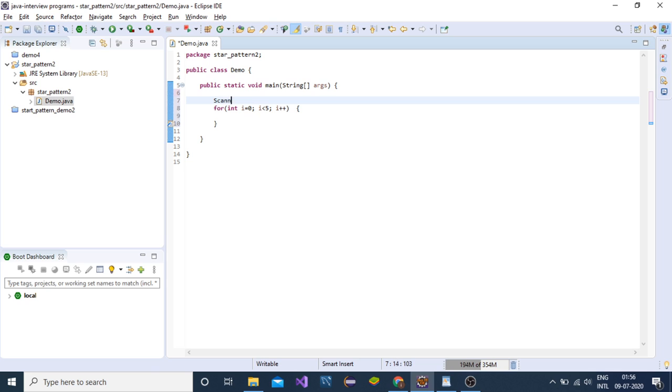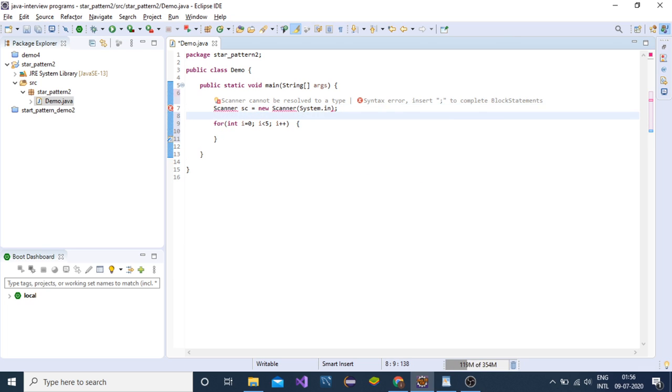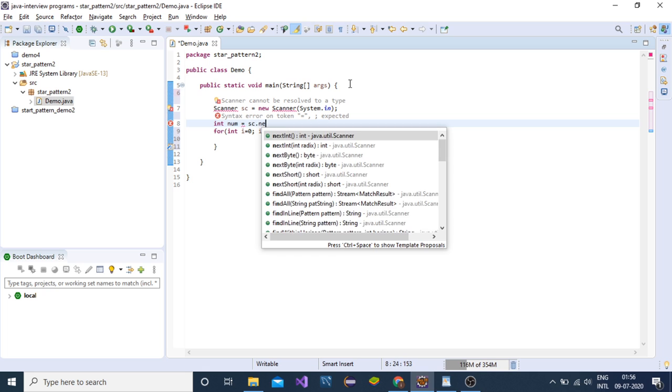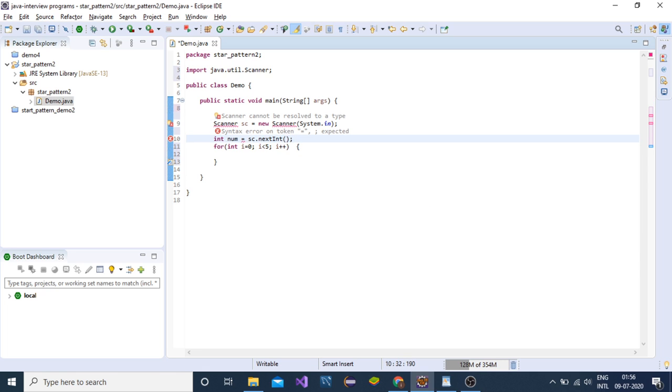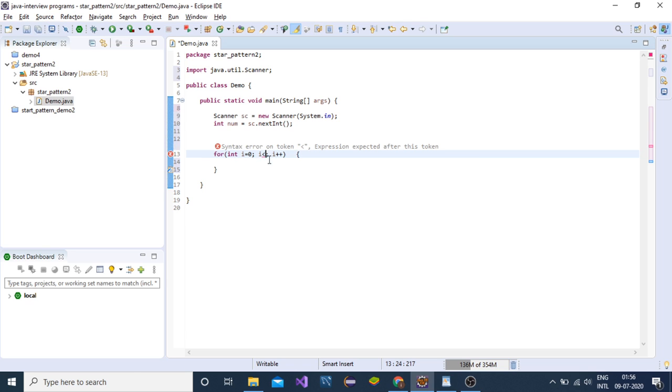So a Scanner sc equals to new Scanner System.in, int num equals to sc.nextInt, and here rather than hard coded number we will pass the user passed number, that is num.